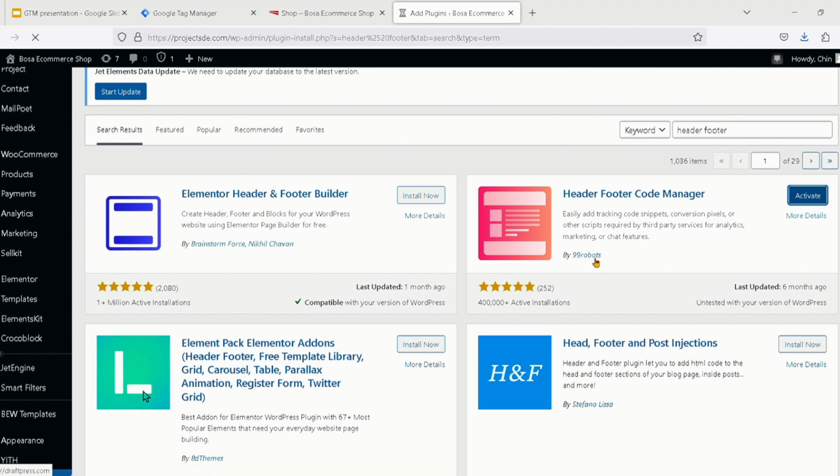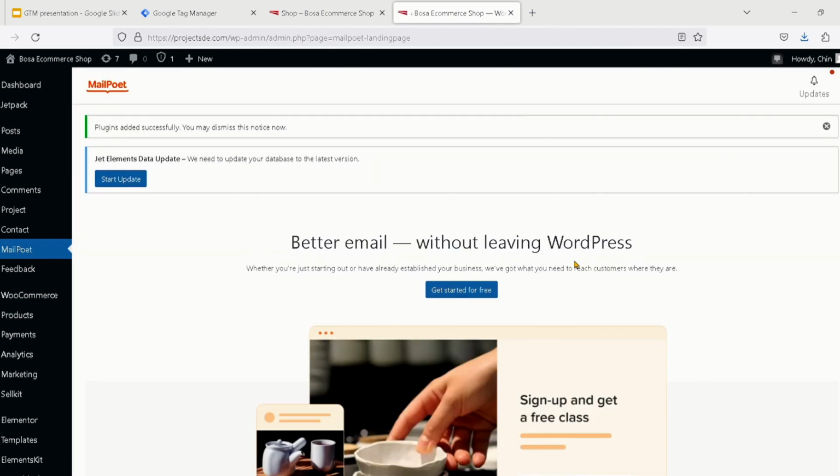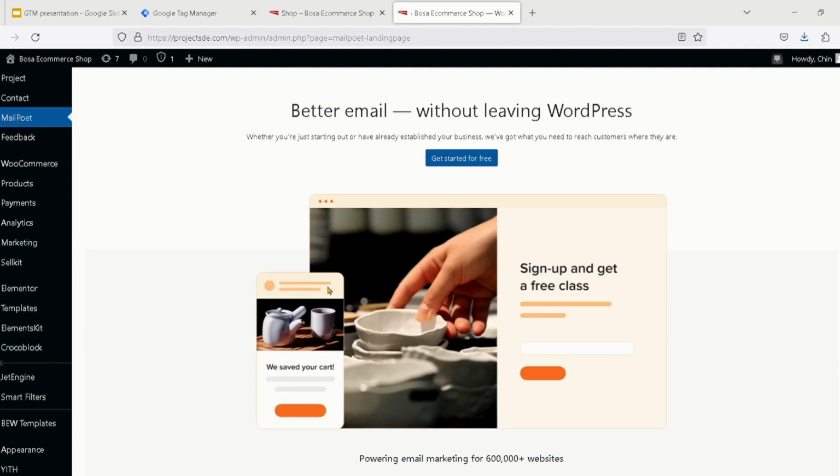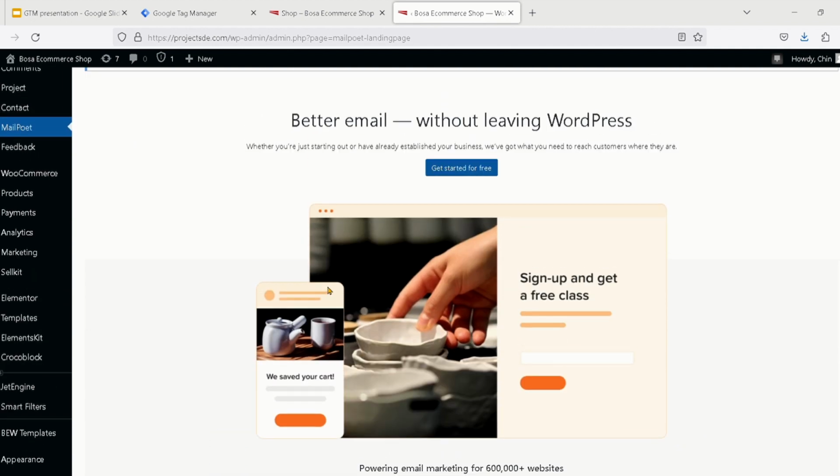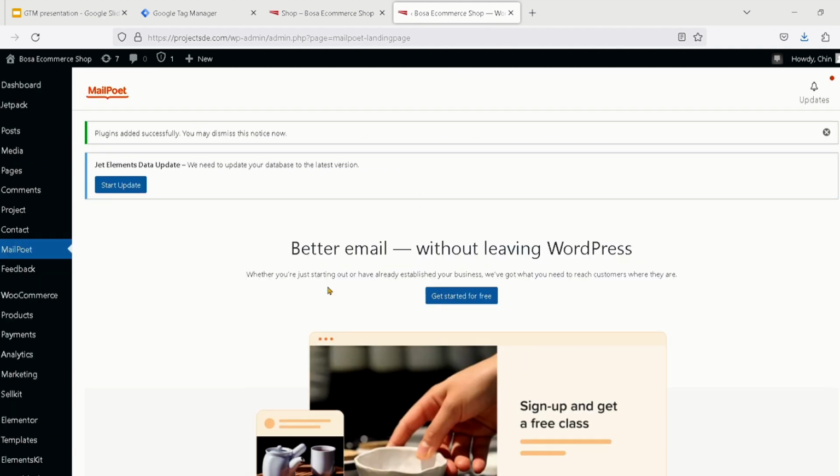By the way, this plugin is from 99 Robots, and if you are curious what a plugin is about, in WordPress there are so many plugins to get things done easily. So pretty much like an application developed by someone to get things done in WordPress faster. Okay, so once you install the plugin,